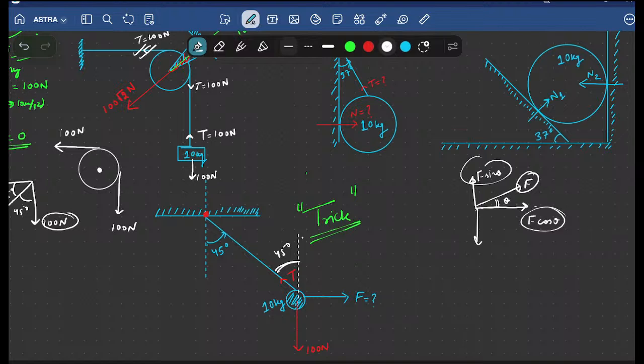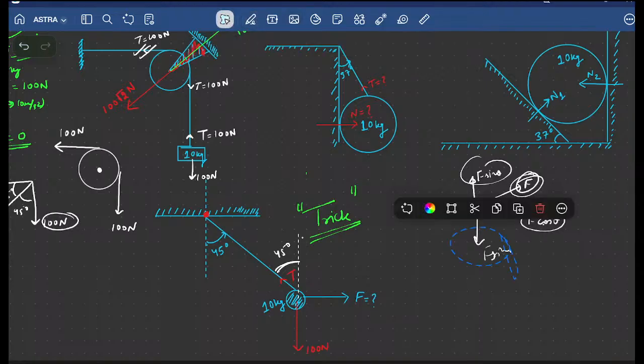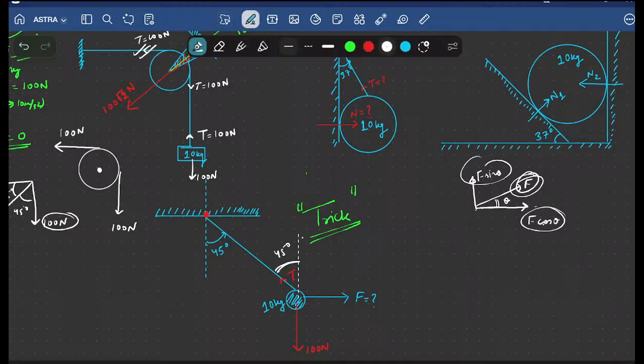Always remember that F must be in between cos and sine. You must not write like this. This is F sine theta. No, because here the F is not lying between F cos and F sine. It means you are doing something wrong, right? So obviously these are very basic things, but I have to tell because of my experience. I have seen many variety of students.